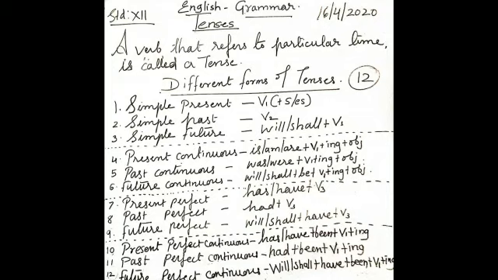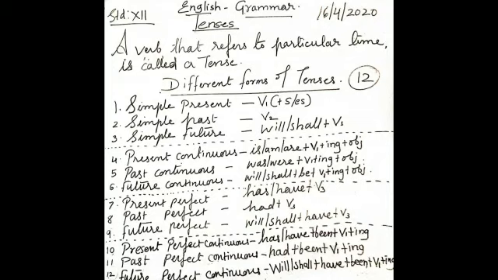Let me move to future tense. Future tense indicates that soon or nearly a thing is going to happen. It tells us that after some time, something is going to take place. It's going to occur after or a little later. That is called future tense.